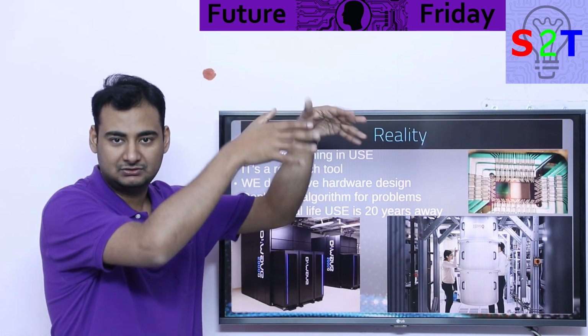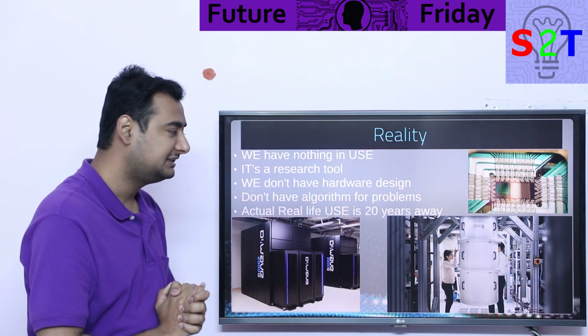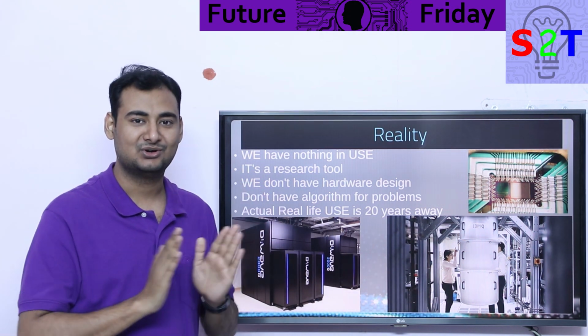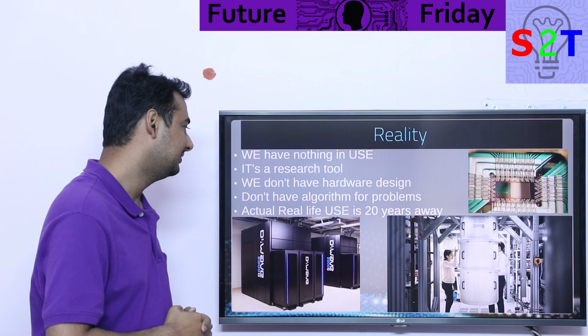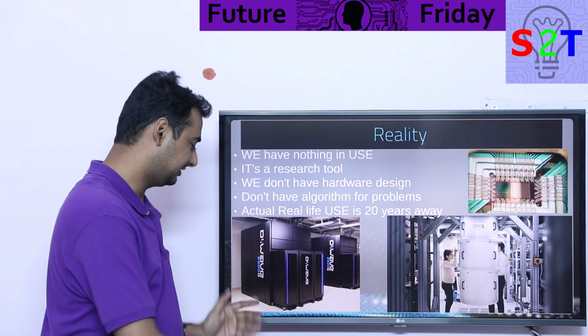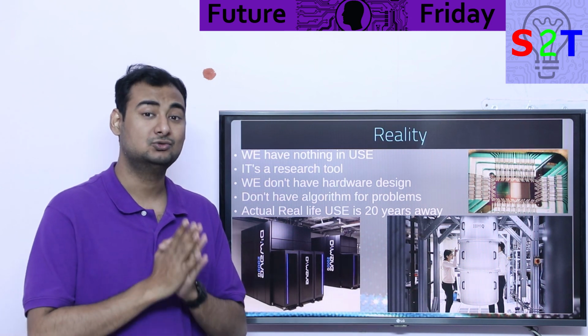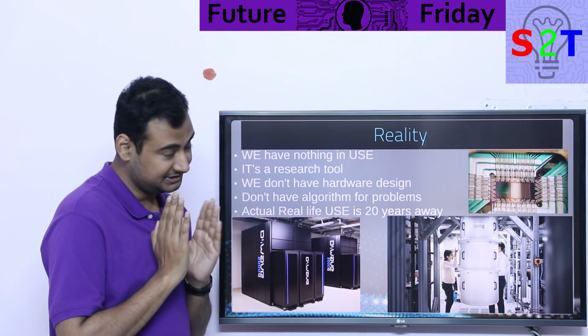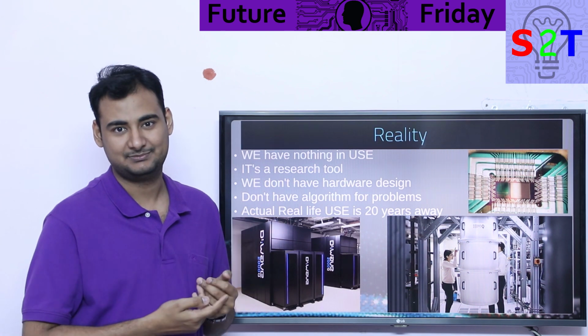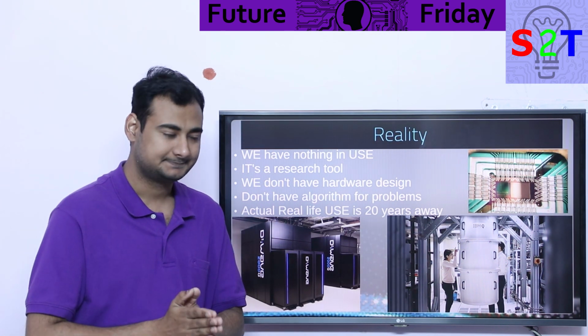Now, I have already flown you. Let's bring you down to earth. The reality is we have nothing. Right now, we do not have a quote unquote quantum computer. So what is there? Like D-Wave, IBM Q and Microsoft, all that jazz. Those are what we classify as basically research tools. They are quote unquote Raspberry Pi. They are not products yet.